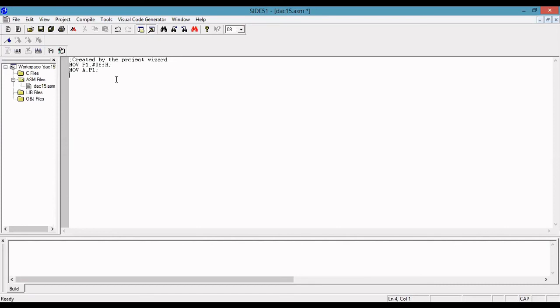Next, MOV P3, A. Next, I'm going to send the data to port 3. So in the accumulator I have one data, and that data is sent to port 3. Next one is short jump